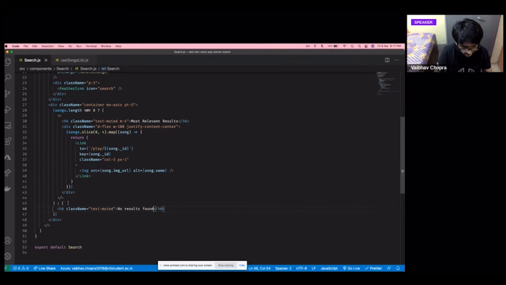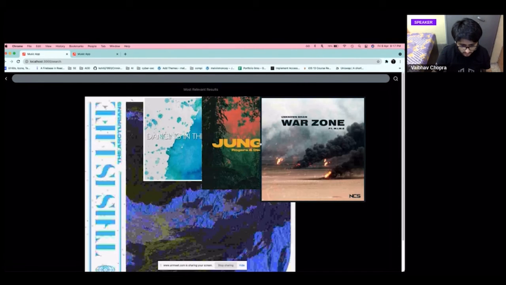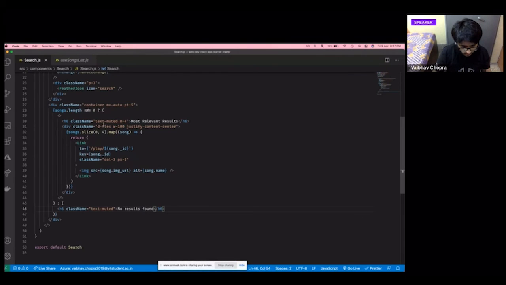Okay, and again I think this time right now the images are all over the place. I think we missed a class name somewhere. Container mx auto text muted, div class d-flex justify-content-center col-3.